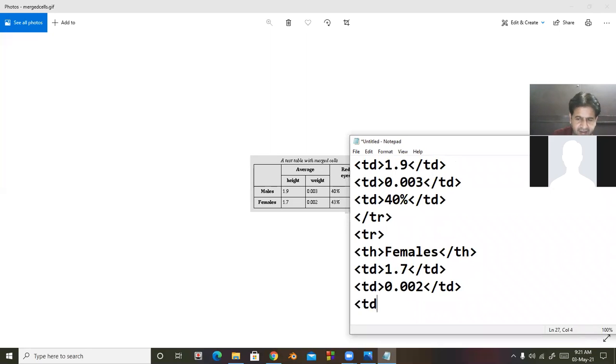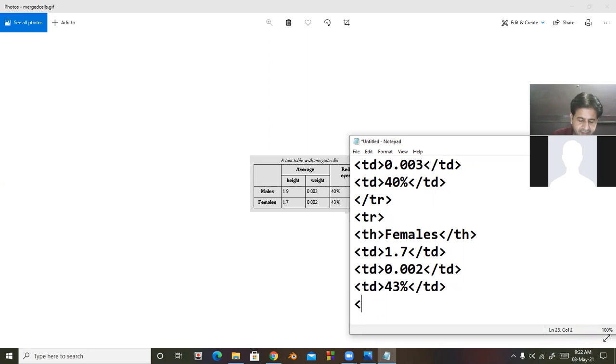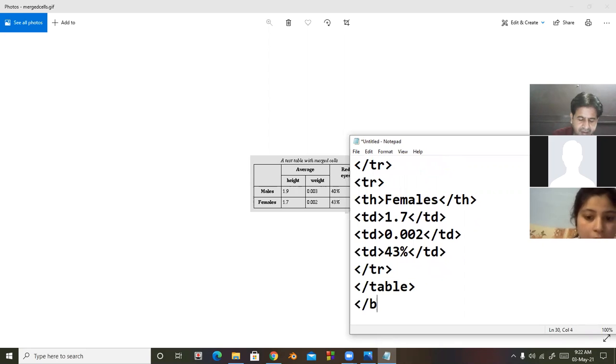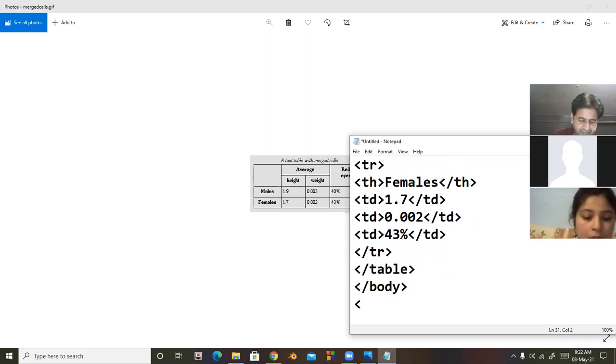Then again TD. Here is 43%. The row is complete. And then the table is complete. Now body tag closed. Then HTML is closed.